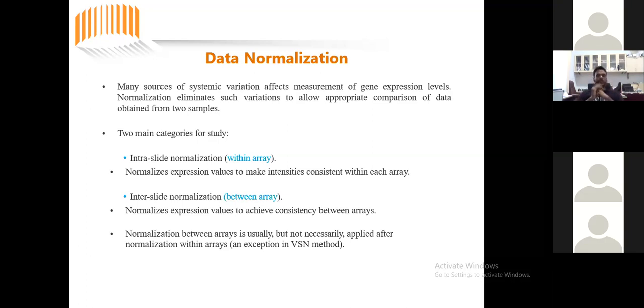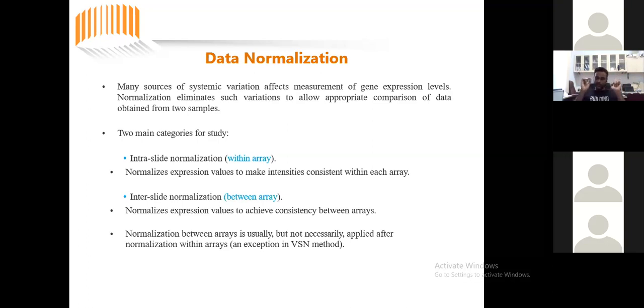For performing normalization, we generally have two kinds of normalization methods. The first is intra-slide normalization, which is called within array normalization, and the second is between array normalization, which is inter-slide normalization. The within array normalization considers each hybridized assay as a single quantity and normalizes each one separately, without considering the effect of the others. Like, it normalizes the normal control samples individually, followed by the control samples individually. So both normalizations do not have any connection with each other.